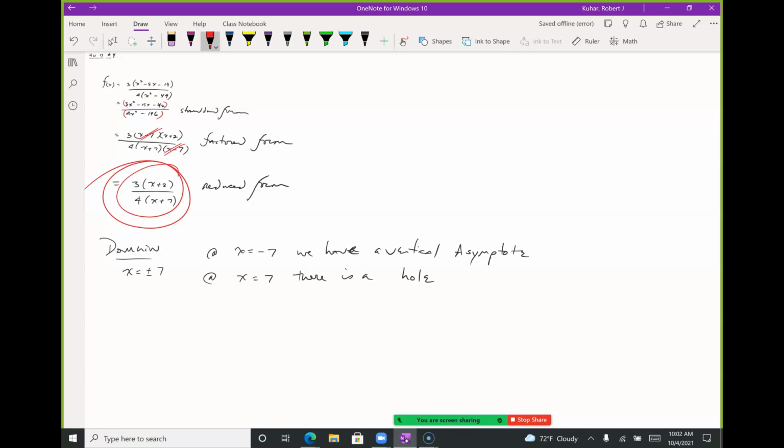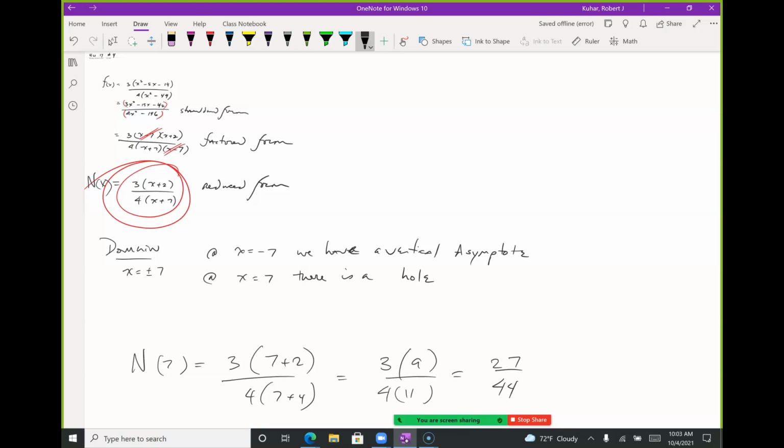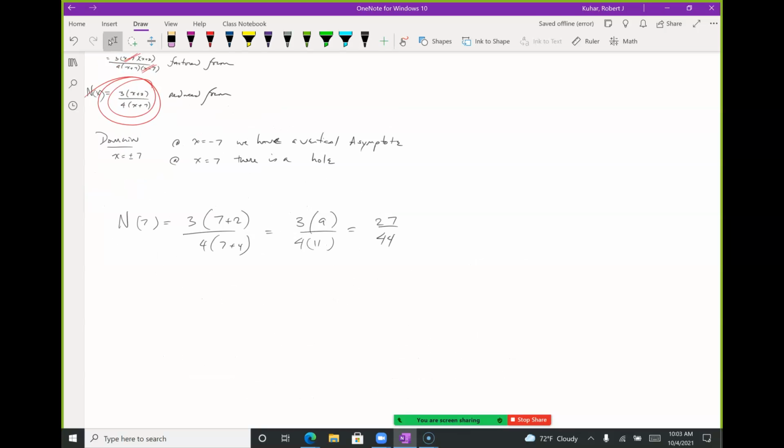Okay? So the interesting thing that happens is, let me call this n of x, nickname. What happens at n of 7 is I get 3 times 7 plus 2 over 4 times 7 plus 7. So I get 3 times 9 over 4 times 11. I get 27 over 44. So when I look at the graph at 7,